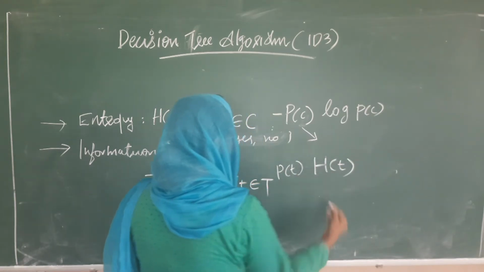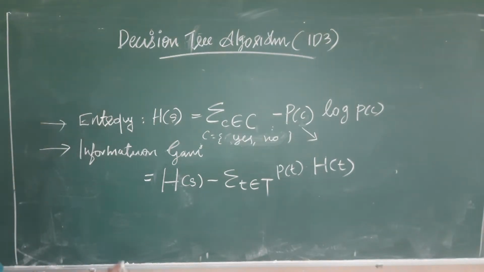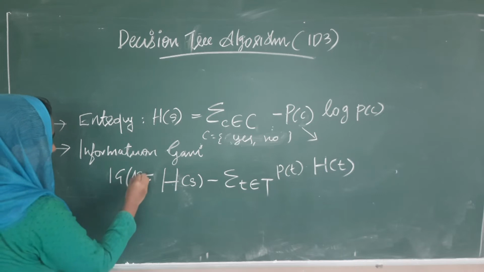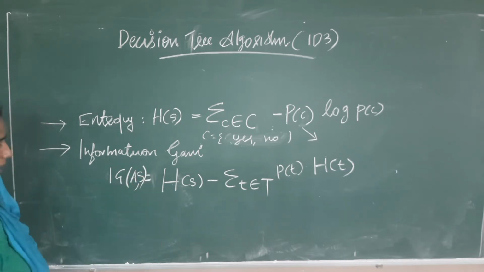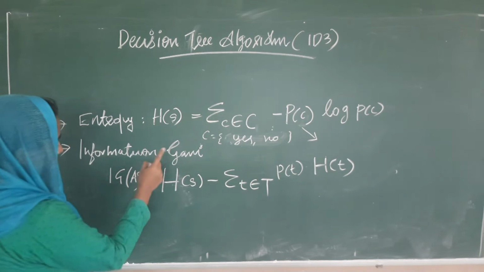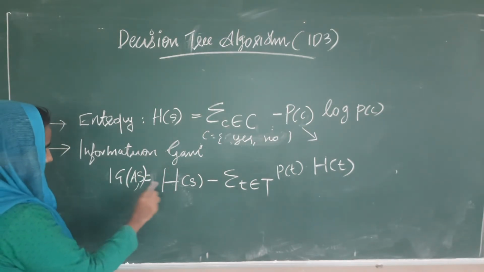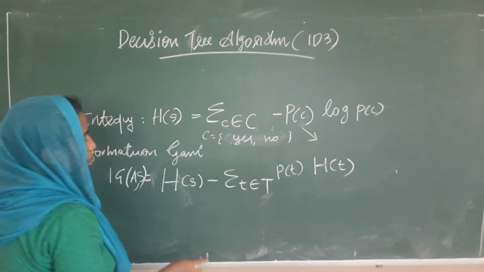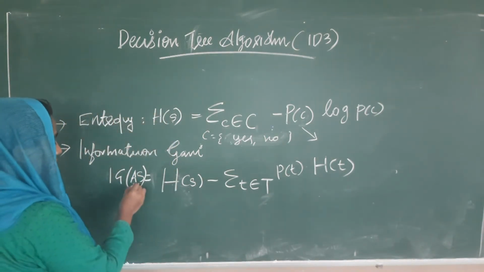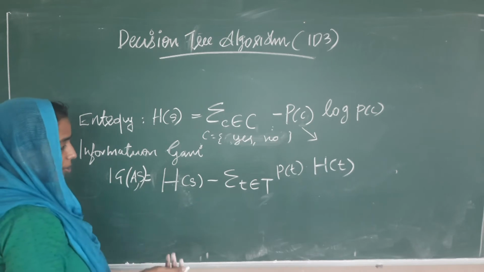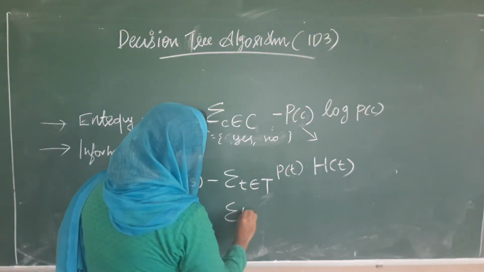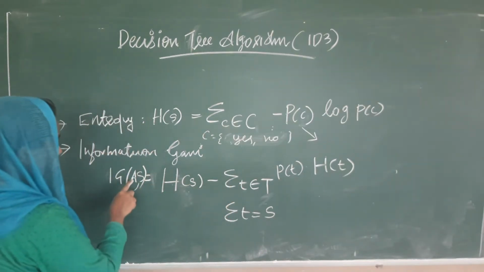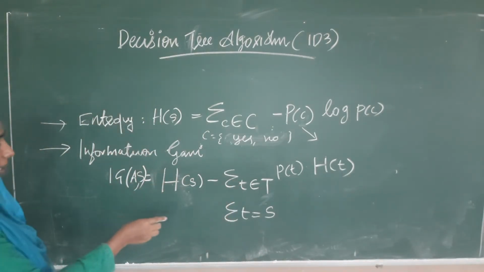See again, all the terms are understood, I guess. So this is the information gain of the attribute A on the data set S. H of S is the entropy of this data set S, and T is an element of the classes. When we split the data set on the attribute A, we will be getting lots of classes such that the sum of T always gives you S. That is, when you split the tree on this attribute A, we will be getting many classes. We will see an example right away.